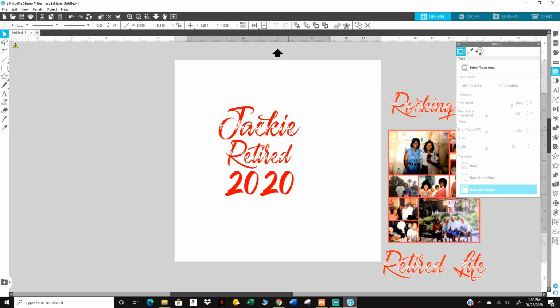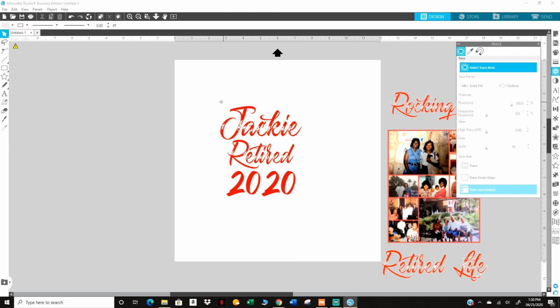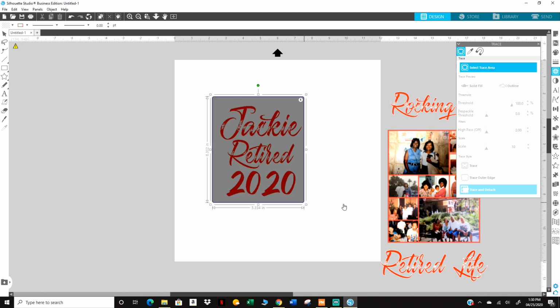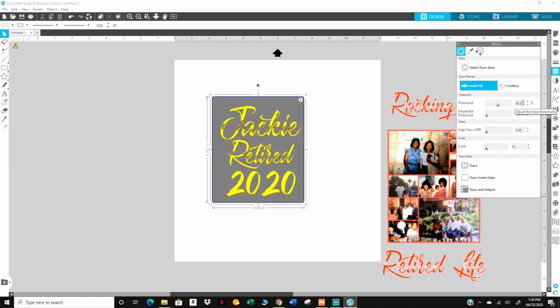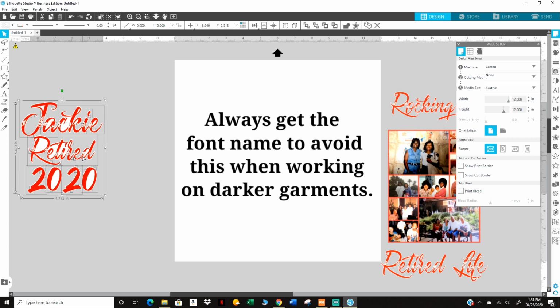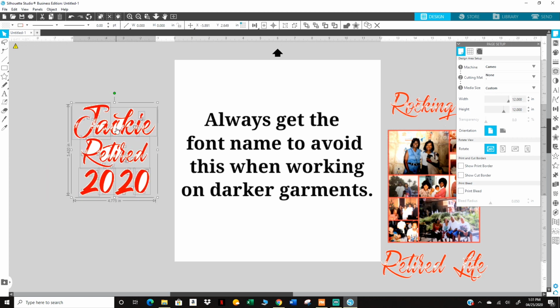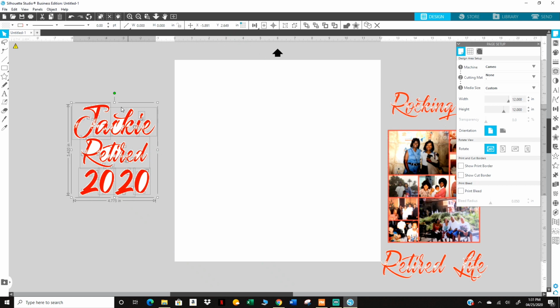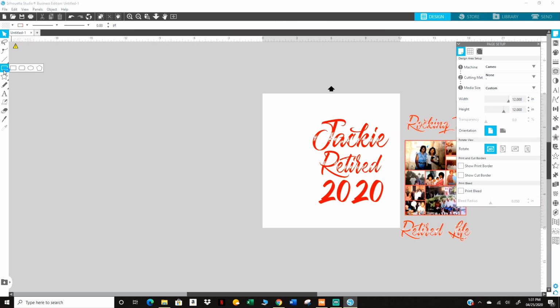This is the back. Do the same thing. Select the trace area. I'm going to type in 100 again. This white doesn't really matter because there's no white in sublimation, and I'm going to be printing on a white 100% polyester shirt. Again, I'm going to make a box